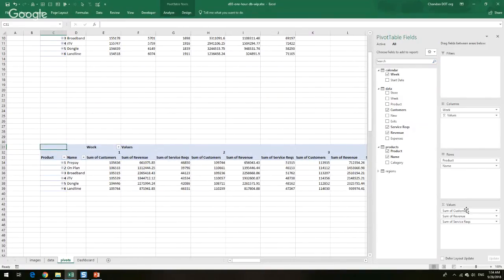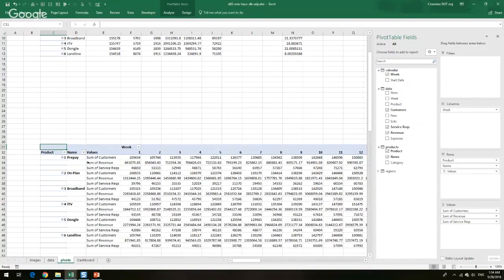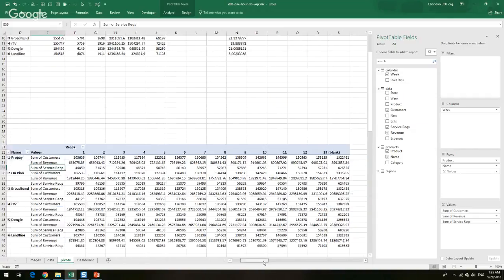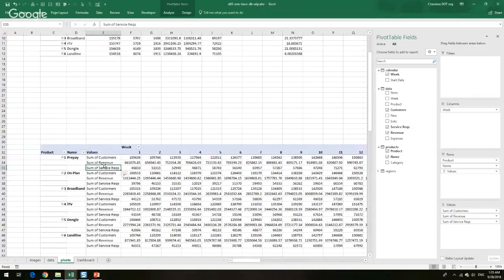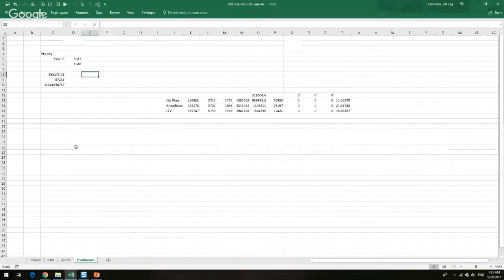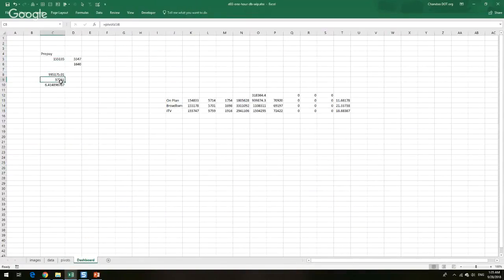So now, using that Sigma Values thing, if I move it around, I can get the pivot table into the right shape. So I'll move it like this. For each product, how many customers we have, what is the revenue, what is the service requests, and we will get that. So this order is customer, revenue, service requests. In the dashboard, we are showing customers, revenue, service requests. So that's the